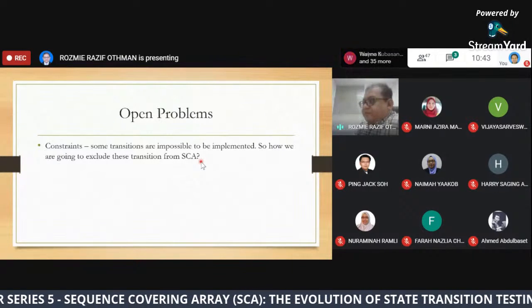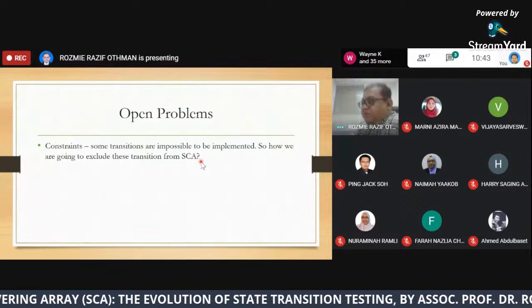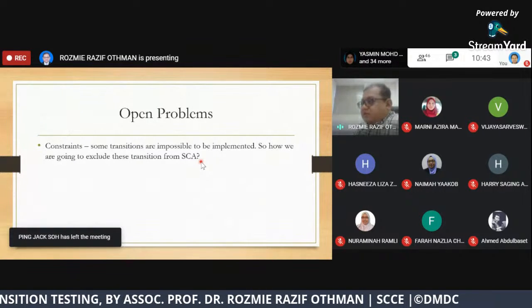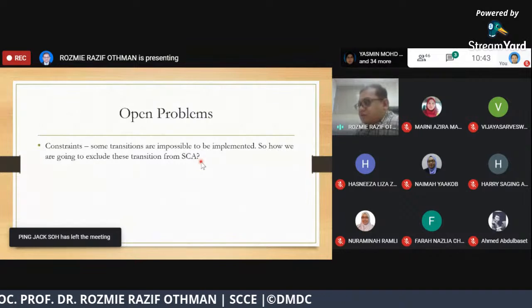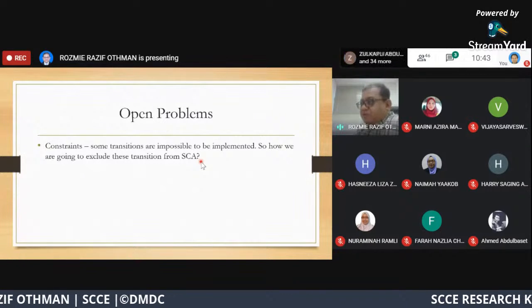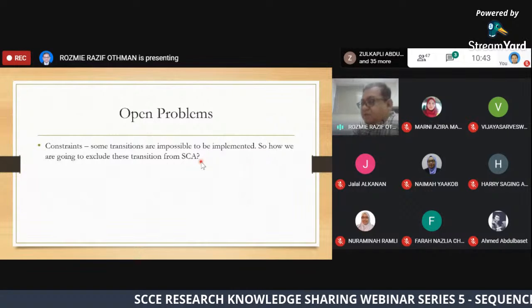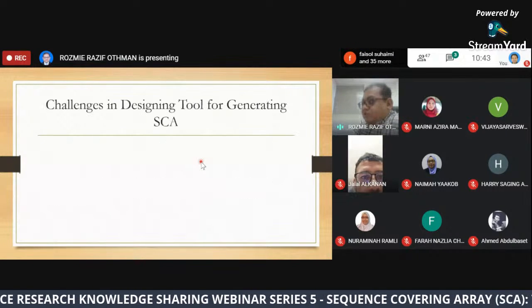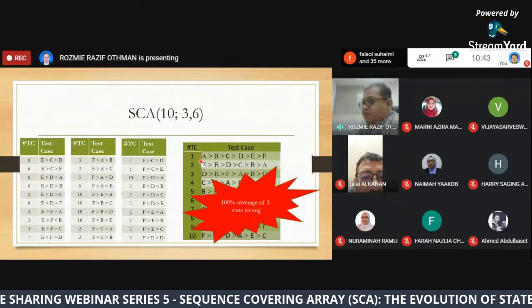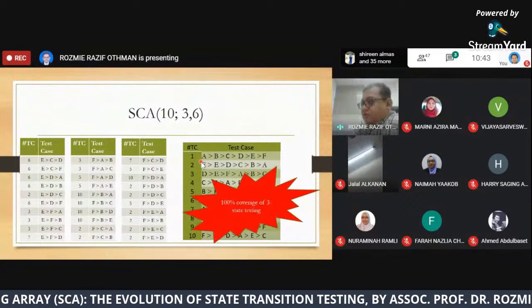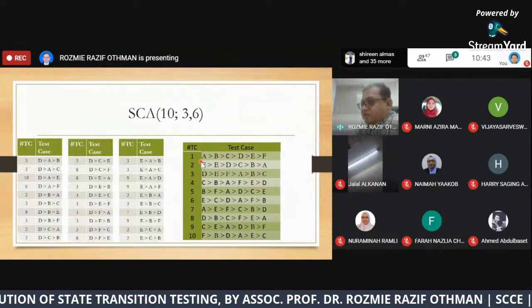For example, based on our previous example, we cannot jump from start timer to the finish, completed. That transition is impossible. But if you look at our solution here, there will be A going to E. Let me show you.